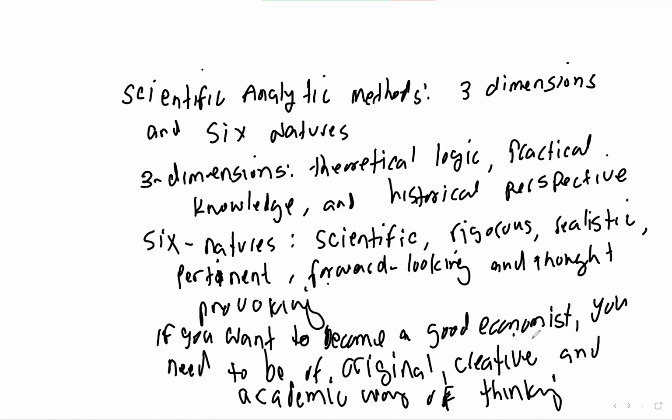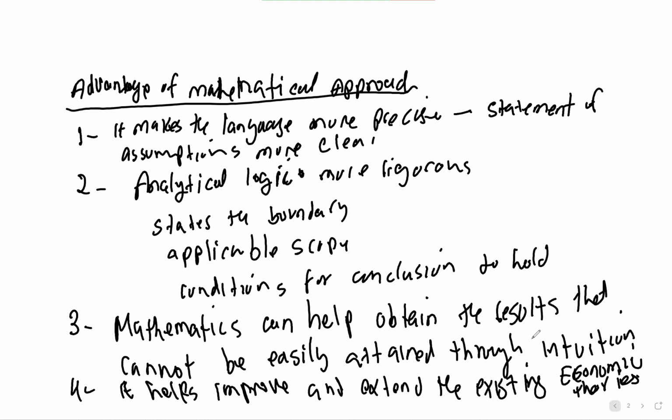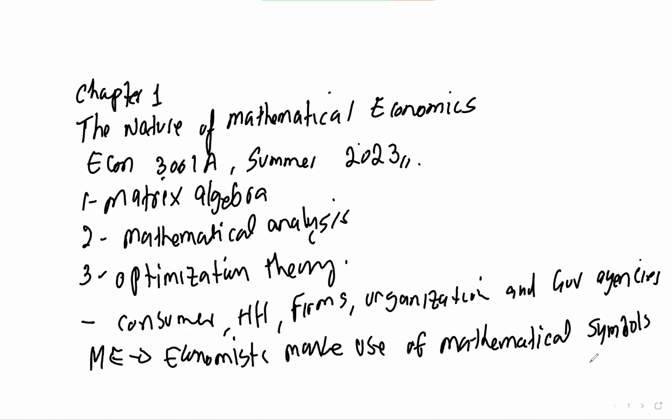So this is really important. This is the end of chapter 1, which I want you to remember. And the most important of all of this is the difference between mathematical and non-mathematical economics. And what you really need to focus on, what I said about mathematical as a review, is the difference between